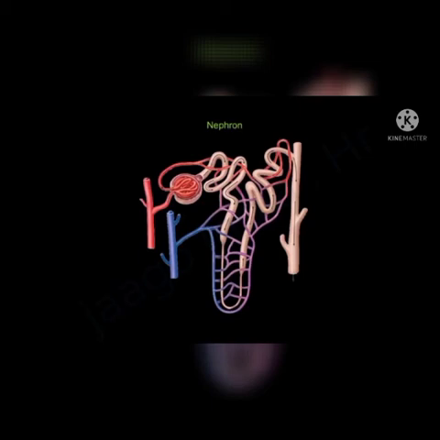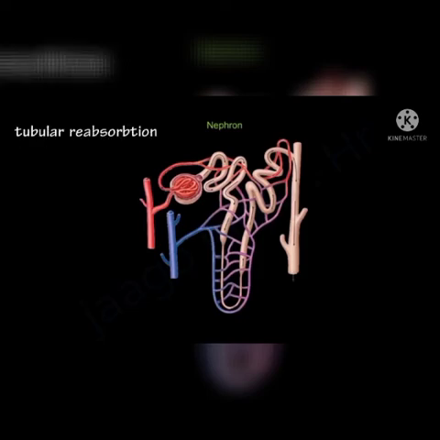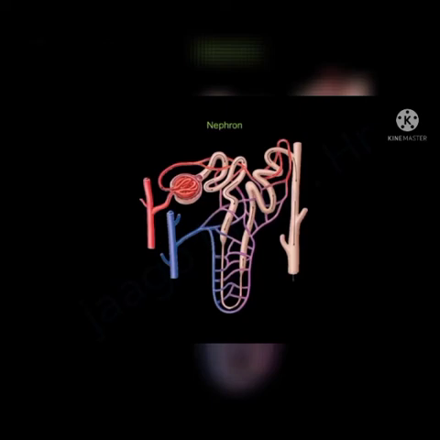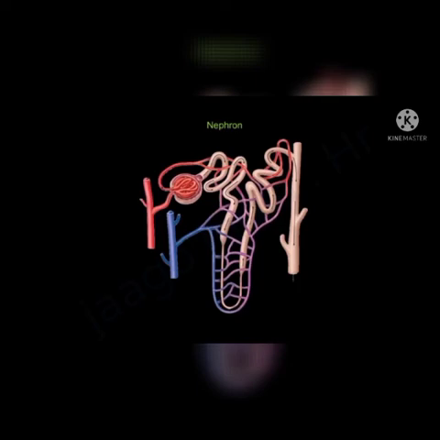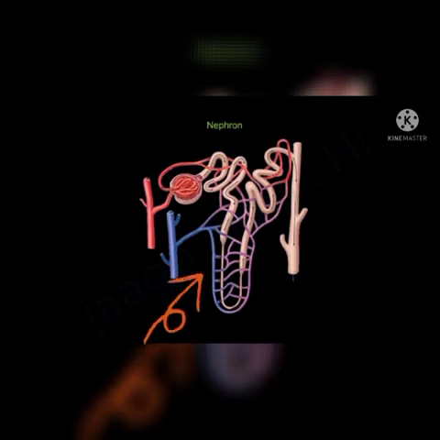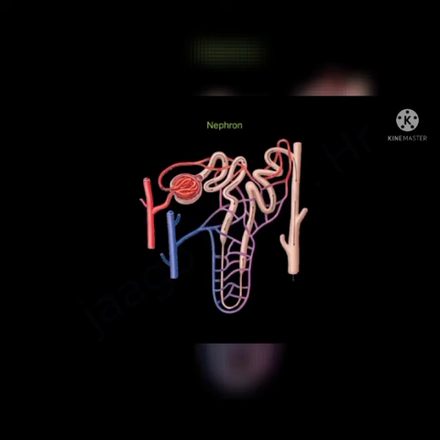It is transported into the PCT. Here the peritubular capillaries reabsorb the essential substances and excess water present in the primary urine. The third step is tubular secretion. After reabsorption of essential substances and water from primary urine, the urine travels through the loop of Henle. From peritubular capillaries present around the loop of Henle, waste materials which were left unfiltered in the blood during the process of glomerular filtration are secreted into the loop of Henle.